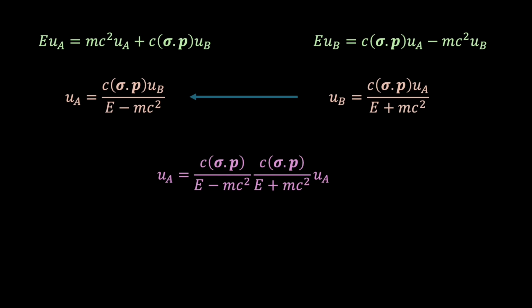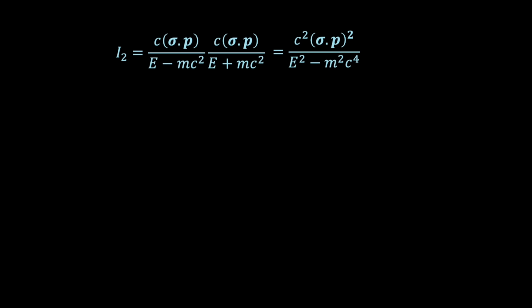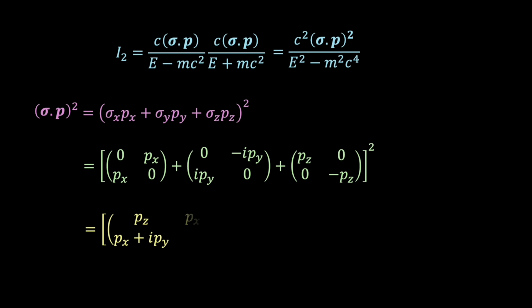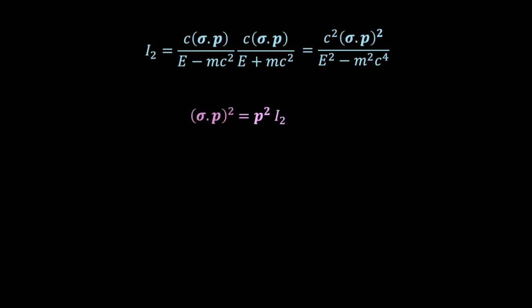And this then implies the following matrix equation involving the square of sigma dot p. If we then write (sigma dot p) squared in component form, and then sub in the sigma matrices, simplify, and perform the matrix multiplication, we find an elegant result equal to the square of the momentum vector multiplied by the 2x2 identity matrix. And then, if we sub in this result, we find that the equation is only satisfied if